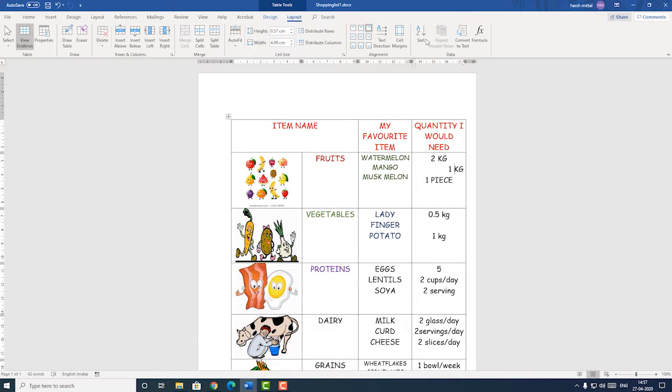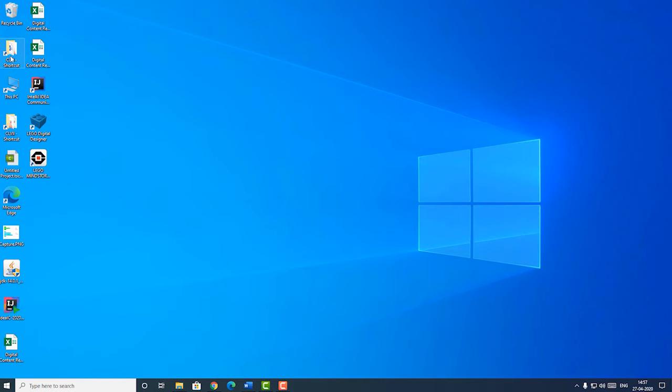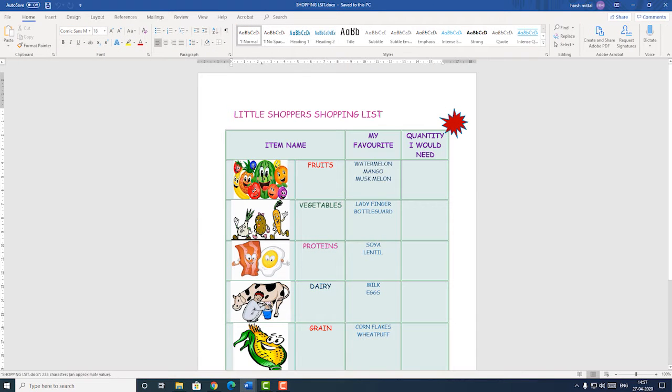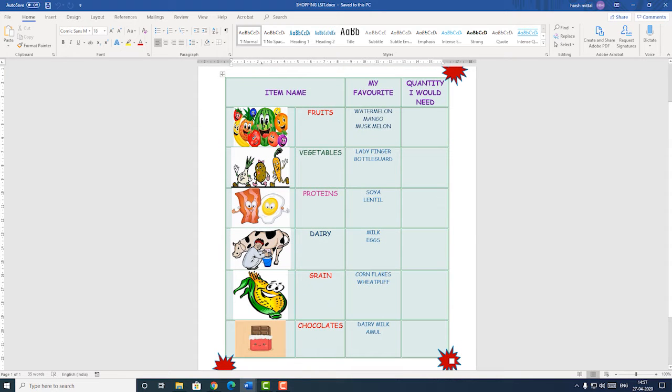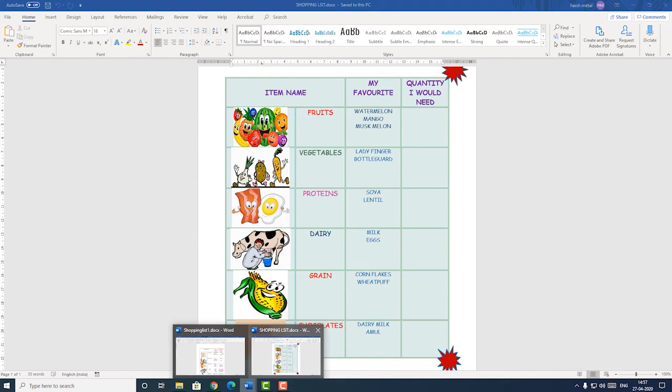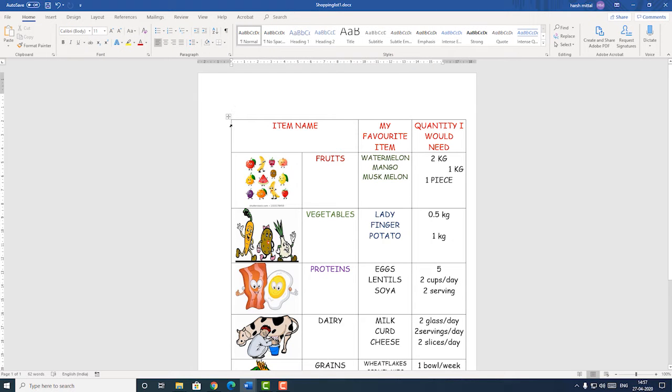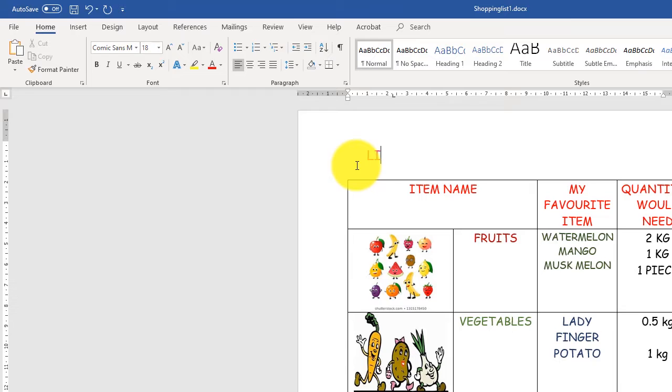Now children, when we compare this to the previous table, the ready-made table that I had shown you, this table had a heading. It also had some stars attached to it, right? Stars or callouts, you can call them anything. So let's move to our table. We will also like to have the same things here.